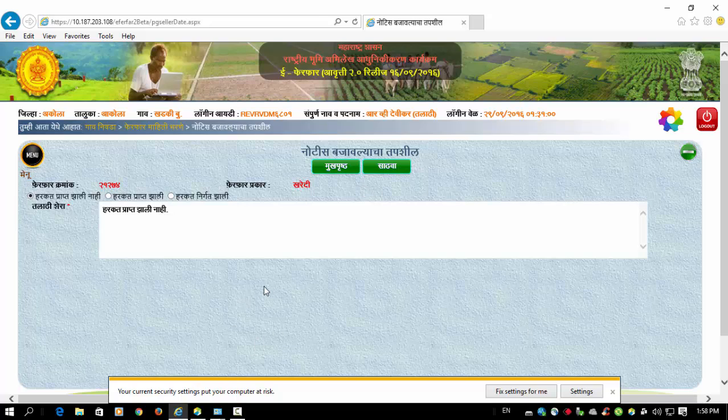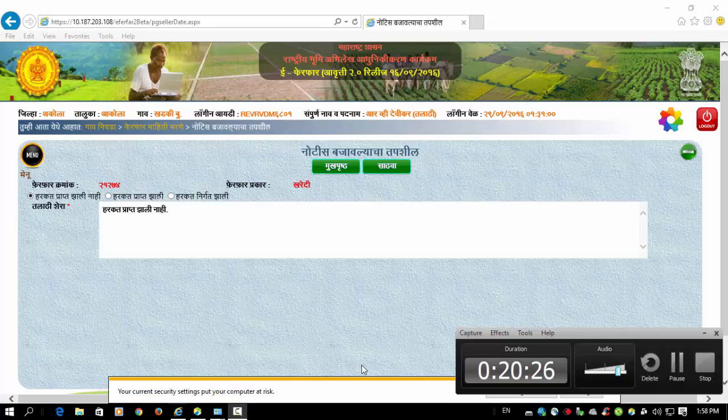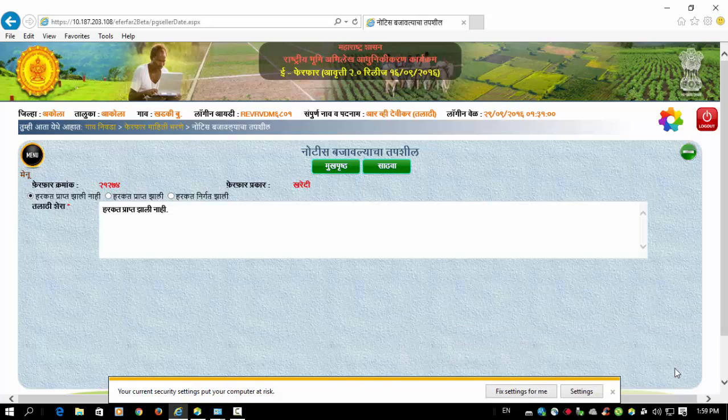After that, the same mutation goes to the circle officer login, and using that circle officer login, they will certify that e-mutation, and the process will complete. Now for this, minimum 15 days are officially required for processing this mutation. After this process, the objection option, that is harkat option, completes the Talati login process. After 15 days, the same mutation will be certified from the circle officer login, and the mutation will be certified online. Thank you.